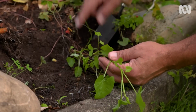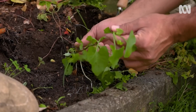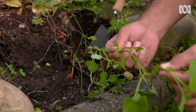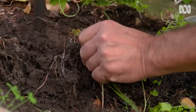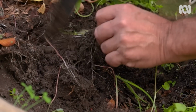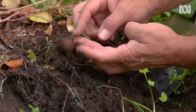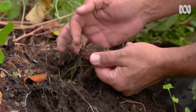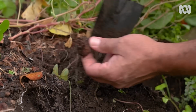So here's the turkey rhubarb. You can see where it's going into the ground. The problem with pulling weeds is if you pull it, it'll just snap. Now, even though I've taken the vine out of the ground, there's still the rhizome and the roots to contend with. And this will continue to pump out new plants if I don't get it out of the ground. This is the big problem with turkey rhubarb. There's the rhizome. There's an entirely new plant coming out, even though I've pulled the vine off, but the roots continue down and